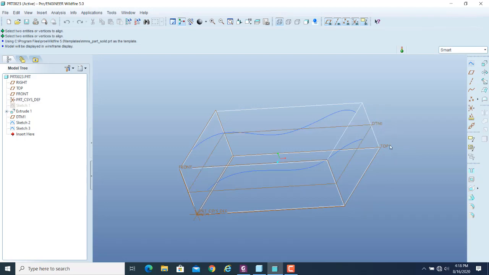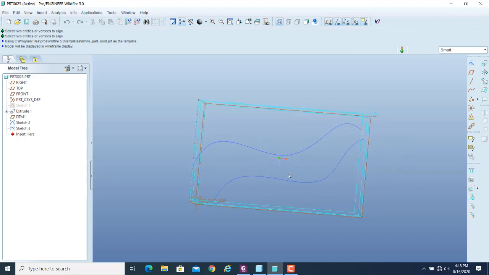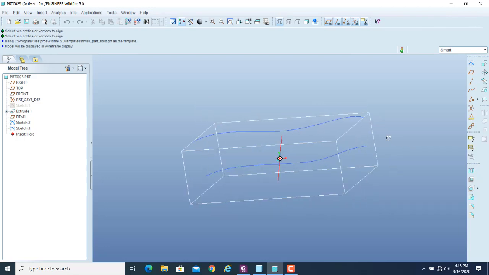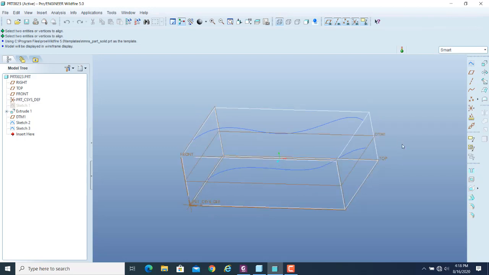I have simply created a datum plane parallel to this top plane, and the offset distance is 50 units. The total height of the block is 100 units, so this datum 1 exactly lies at the mid section. Using that datum 1 plane, I have created another profile, which is this spline, which starts from this edge of the block up to this one. So I have these two sketches, and now I will use the sweep command again, and this time I